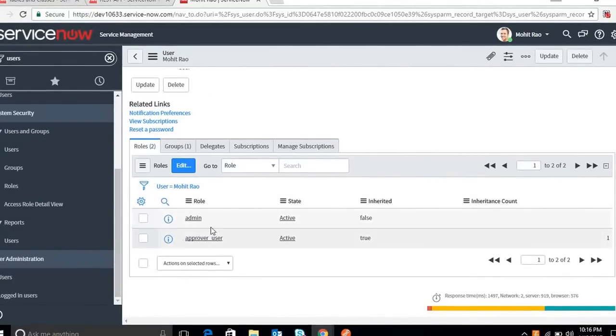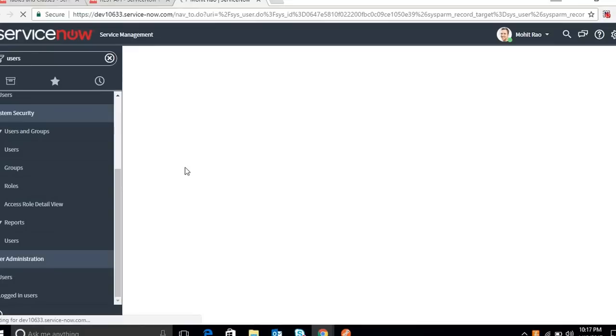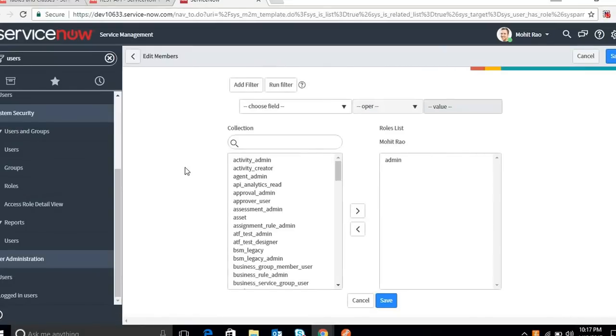And here you can see the roles. So I'm the administrator of this. This is my personal developer instance, so the role will be admin. If I have the admin role, that means I'll have access to each and everything inside ServiceNow. I don't think many organizations will provide admin access to people. So for giving you only REST access, you have to add a new role. If admin is added, you don't need to add anything.